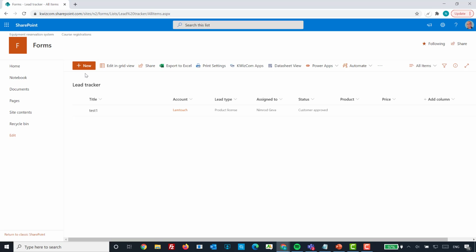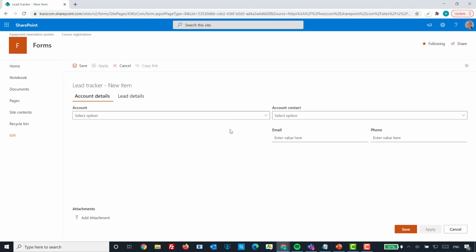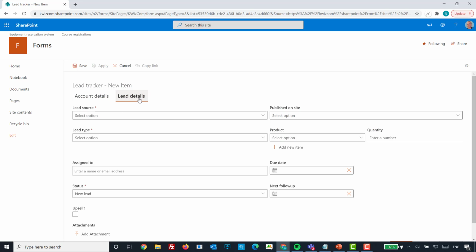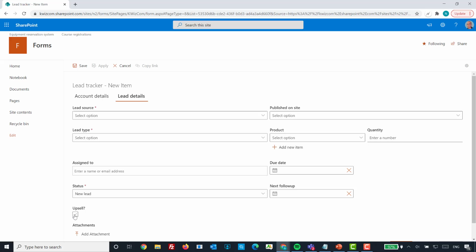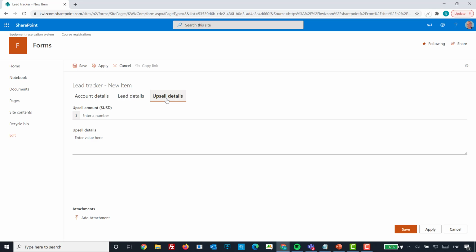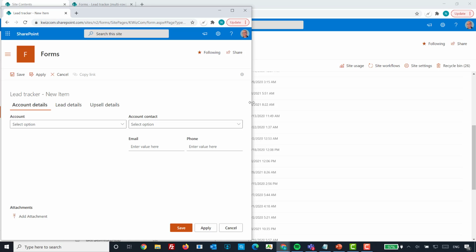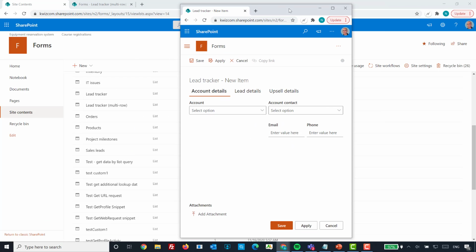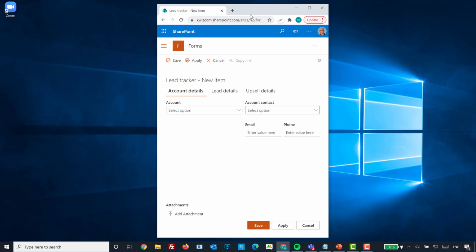Okay, so I'm clicking the new item button. Okay, so this is our new item form. We have the first tab called account details with these fields and lead details. And if we want to see the third tab, we need to check the upsell checkbox, and now it's available, upsell details. Now, one more thing you might notice is that this form, let me close this, is fully responsive,